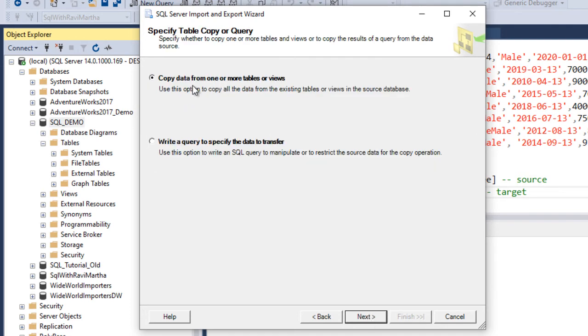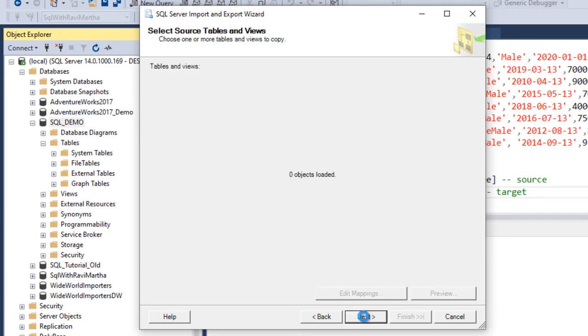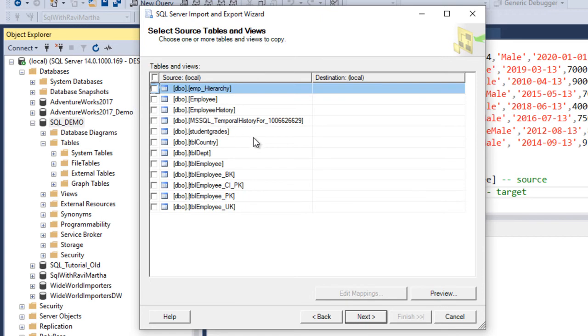So here there are two options as we discussed on the slide. One is just copy the data and the second one is to write a SQL query. Let's select the first option. By default it is selected, so click on next here. So in this case, let's select